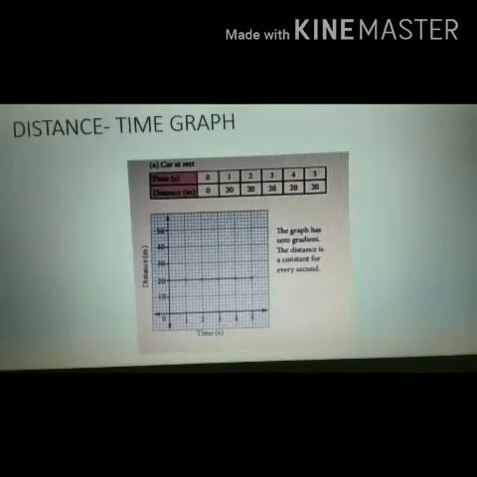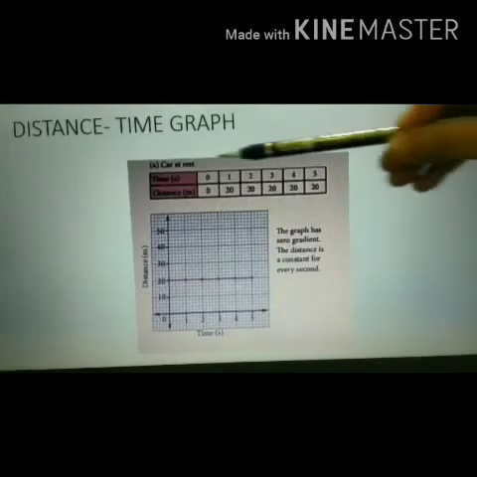A car is traveling along a straight line from the starting point, and the distance of the car is measured after every second. The distance and time are recorded and a graph is plotted using the data. In this one, they are using 4 different conditions: car at rest, car traveling in uniform speed, car traveling in increasing speed and decreasing speed. Now we shall draw the graph for all these 4 conditions.